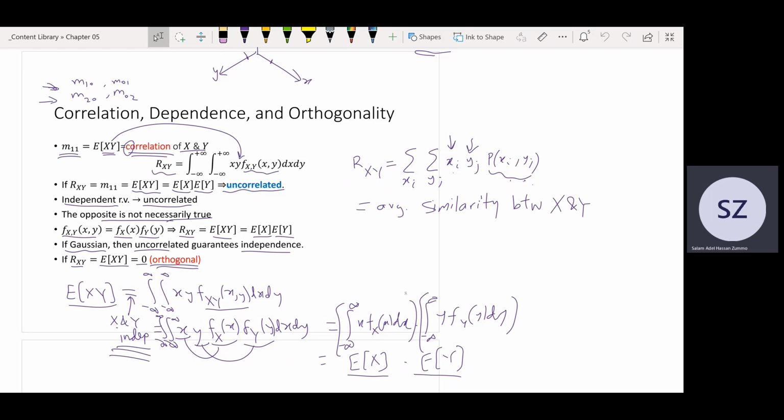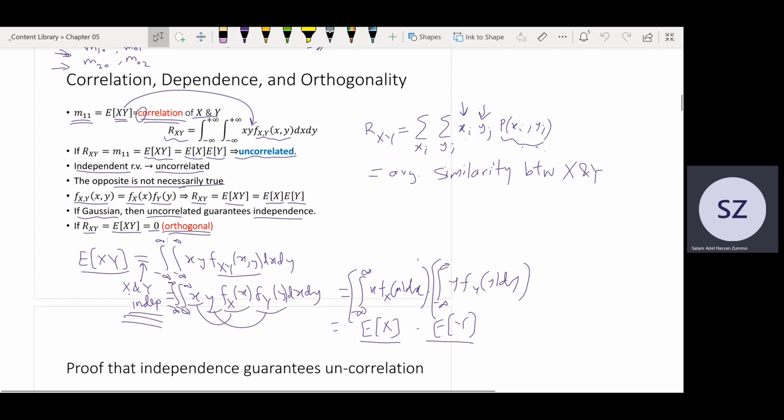If they vary in opposite directions, the correlation will be negative, and if X and Y have no relationship, it will be a very small number, close to 0. So if X becomes large and Y becomes smaller, okay. So we define the correlation as the expected value of XY,